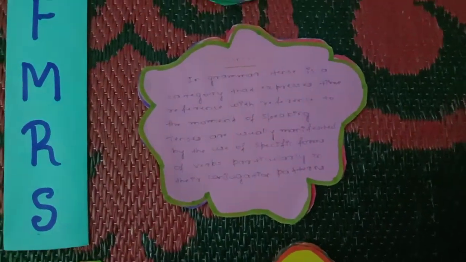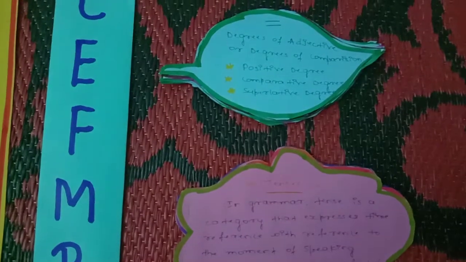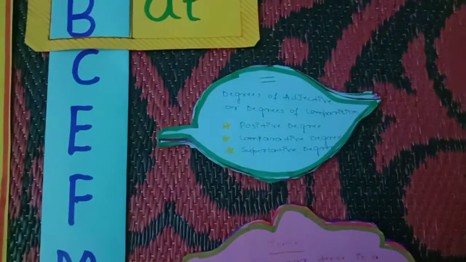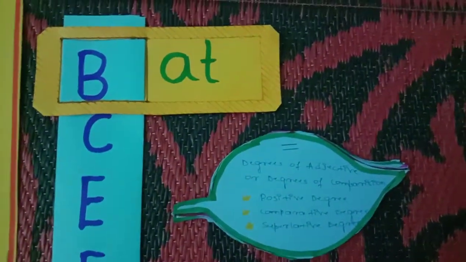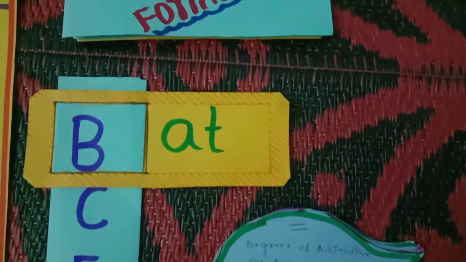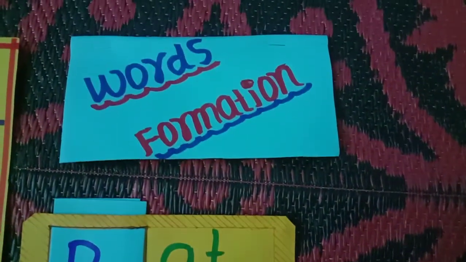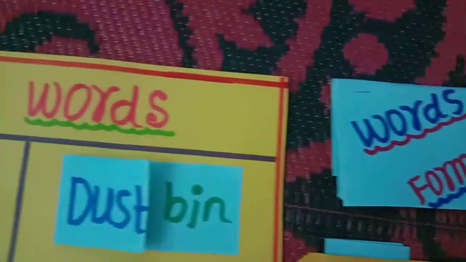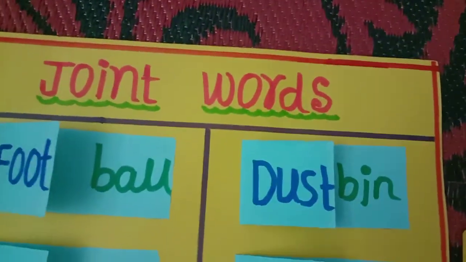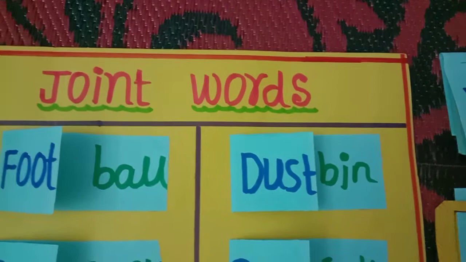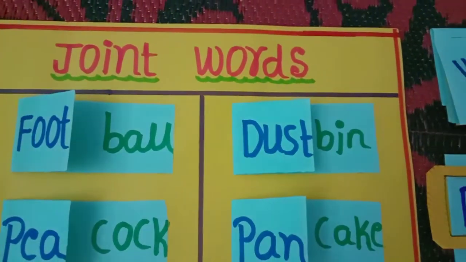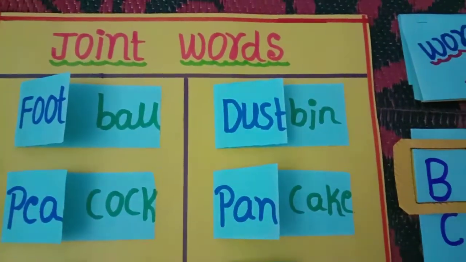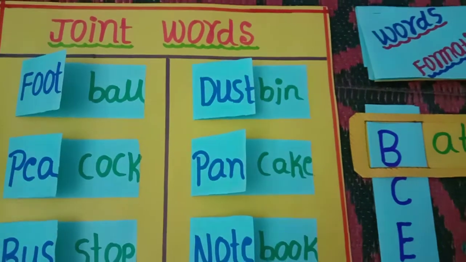This is my fourth video, and I'm showing some of the different teaching aids which I prepared. I already prepared and uploaded three different videos. In my first video, I discussed the articles. In my second video, I discussed sentences and the types of sentences. And in my third video, I discussed the noun and the different kinds of noun.